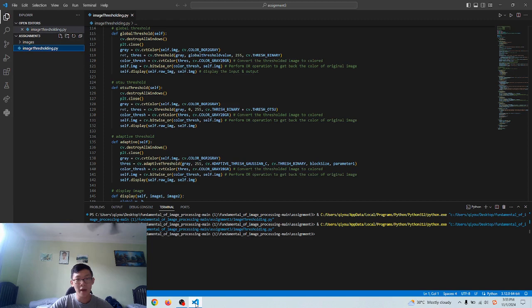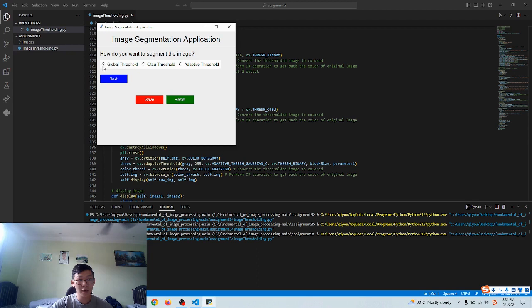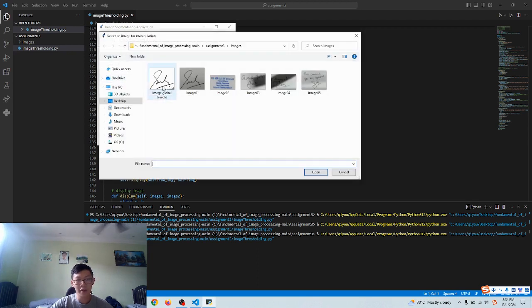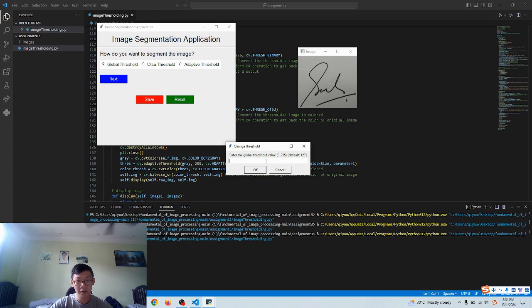Now I will demo how to run our program. At first, we run this code, assignment three, and this is the output. If we click on the global threshold and choose next, it will direct us to choose an image. We can use the image and enter the global threshold value